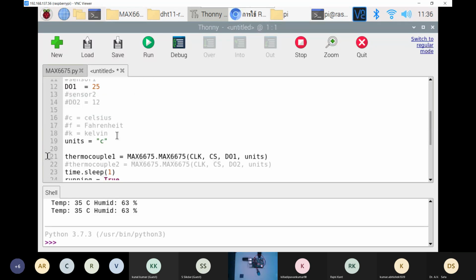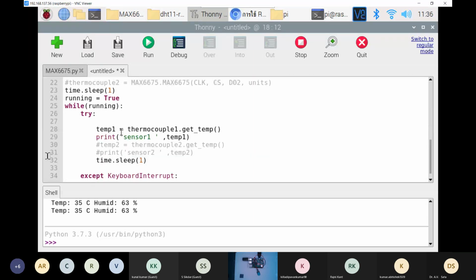Also, in the library, there are multiple thermocouples. Right now, we'll be selecting only one thermocouple, so we will not define the second and third thermocouple pins. Also, the time sleep is 1 second, and the print will be the reading of next.